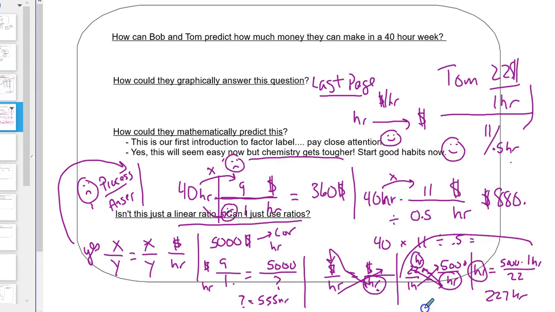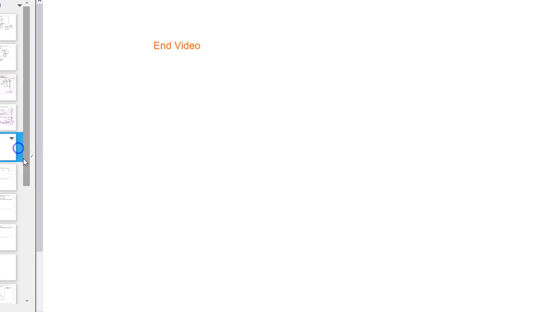So we've introduced some stuff here. Now this math, moving things diagonally, works splendidly in chemistry, and people use it all the time. It makes math easier. We almost never have addition and subtraction, so be careful of that. Okay, this is the end of our just general introduction to factor label.